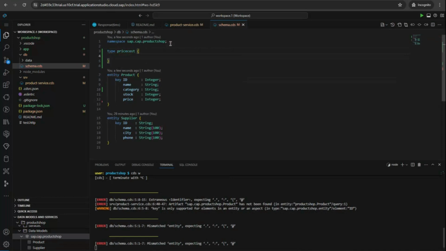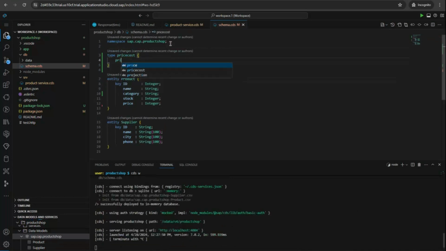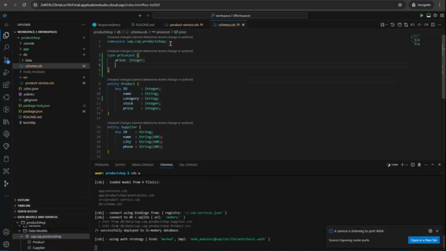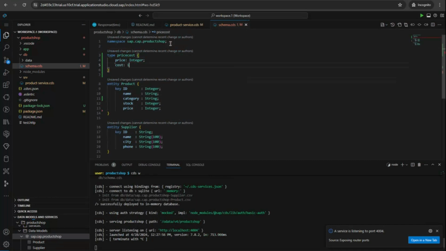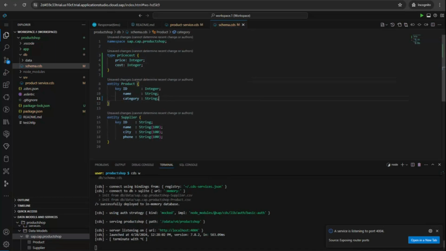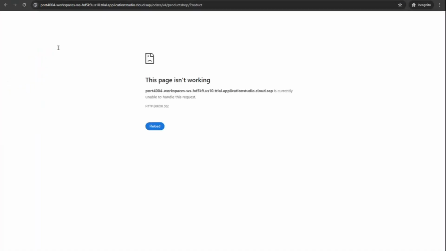It will contain two things. One is a price, and the second thing it will consist of is a cost. Now what I'm going to do is, instead of using this stock and price, if I remove this right now, what will happen? So you can see here